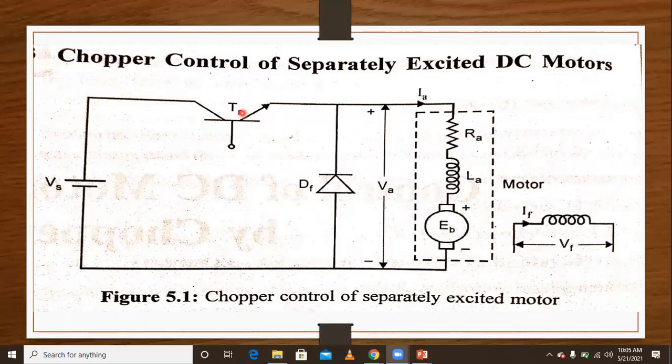Okay, if we are using the series motor, it has a number of limitations. The field of the series motor cannot be controlled easily by static means. This is one of the disadvantages of the series motor. If field control is not employed, the series motor must be designed with a base speed equal to the highest desired speed of the drive.